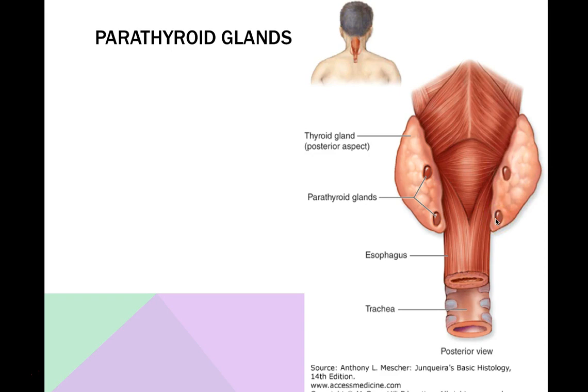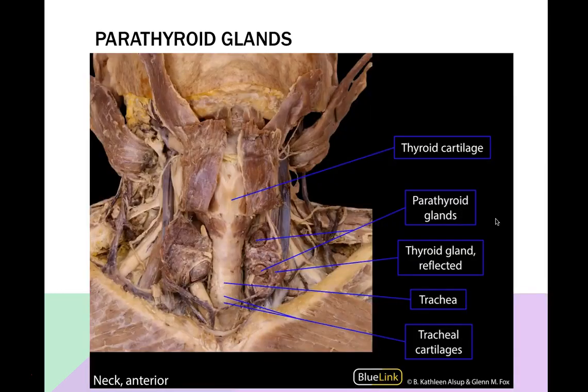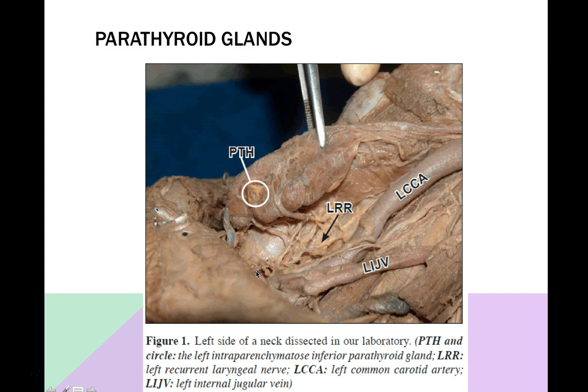We can have 4 up to 8 parathyroid glands. We'll see if we're lucky enough to see these in lab. Here is a view of what they could possibly look like. So they've cut the thyroid gland here, and you could see the parathyroid glands. These are quite large. They almost look like adenomas, but we'll see what we are lucky to see in the lab. For instance, this is an example of what a parathyroid gland can look like